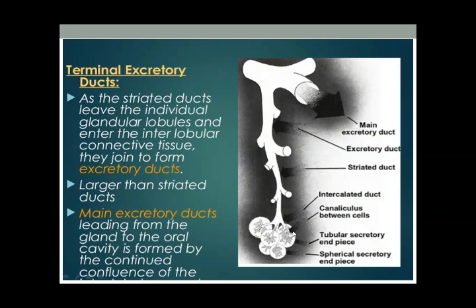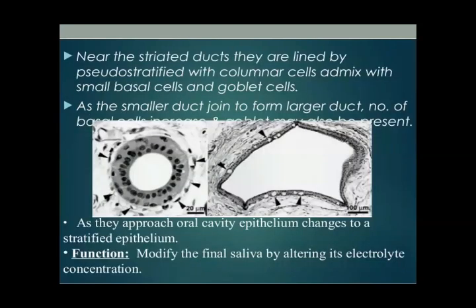Canaliculus between cells, tubular secretory and basal, and spherical secretory and pale. Larger than striated ducts, the main excretory ducts leading from the gland to the oral cavity is formed by the continued confluence of the ducts. The striated ducts are lined by pseudostratified columnar cells mixed with small basal cells